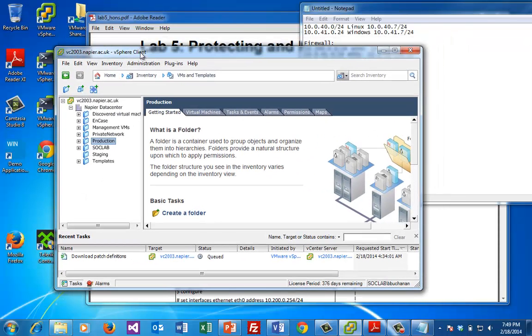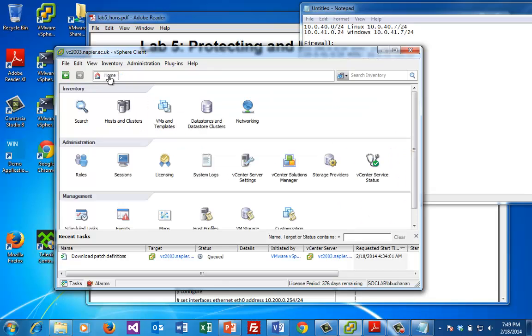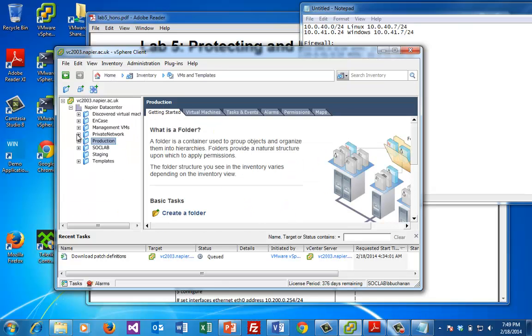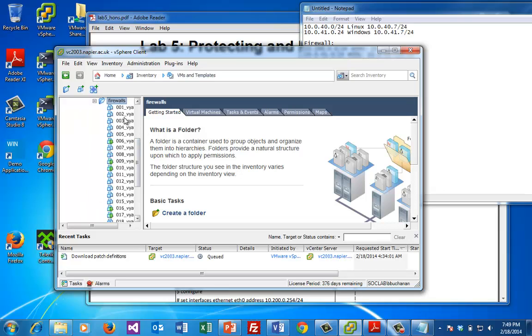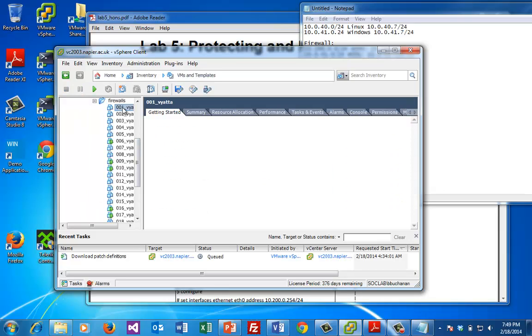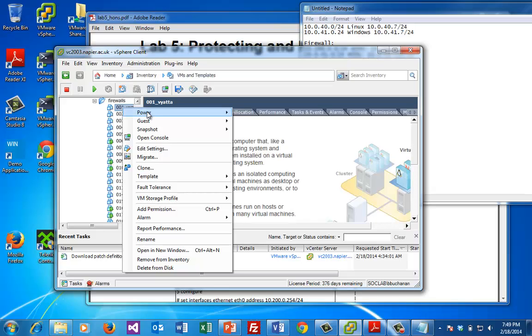Okay, so make sure when you log into the vSphere that you actually view your VMs, and then you can actually see there's in production and there's SOC lab. What we're going to do is we're going to pick off a firewall, and let's power up this one here. We're going to power that on,